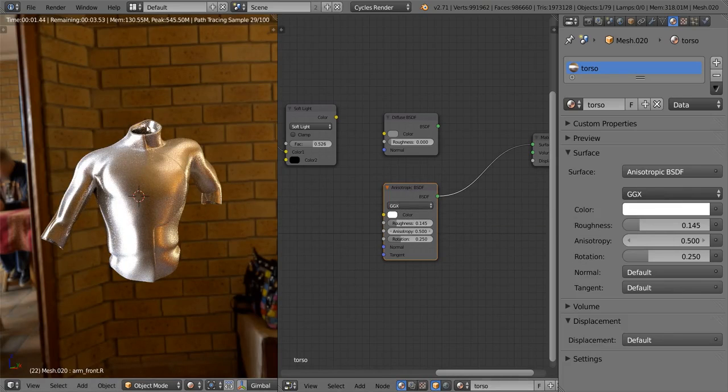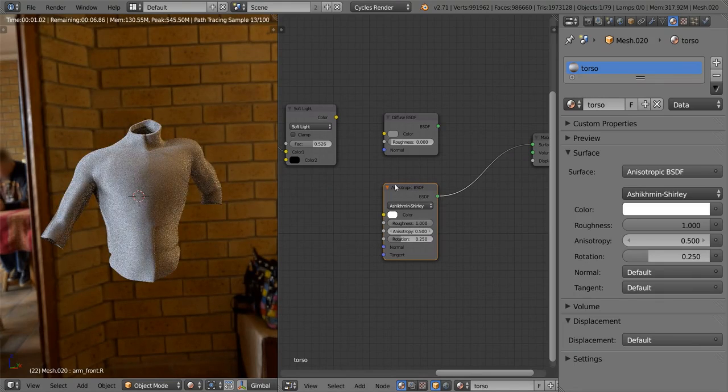You can see the GGX is a little bit brighter, it stretches the highlights out a little bit more. And then the Beckmann is more like metallic, I like to think. It's got some sharper highlights. Not technically sharper, like less roughness, but it keeps the colors together better. So I'm going to use Ashikhmin-Shirley because I think when it's on 1, it looks a lot more like a